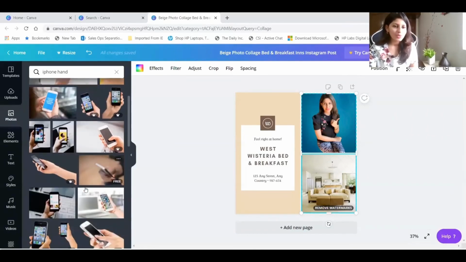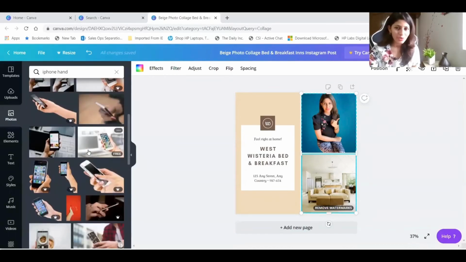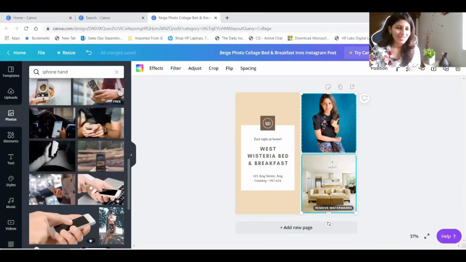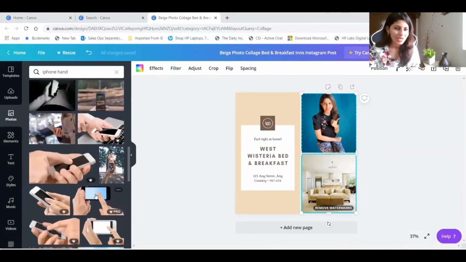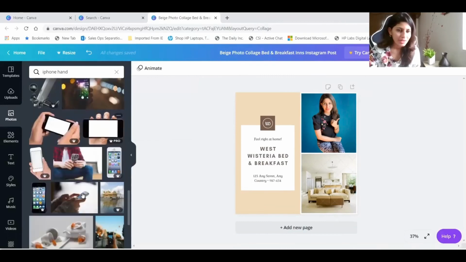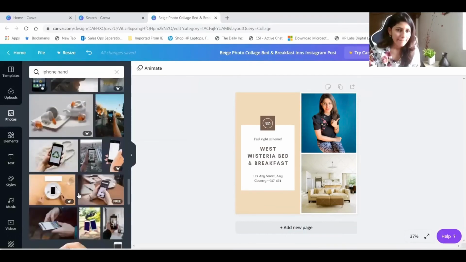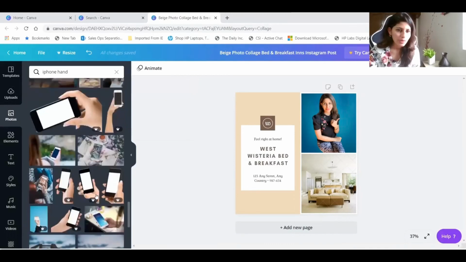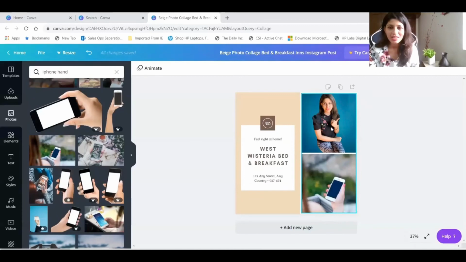Yeah, so that would show as if I am holding this phone. Imagine I want to do that. Let me select one of the pictures which I think is good enough. Okay, let me select this one as if I'm holding this.